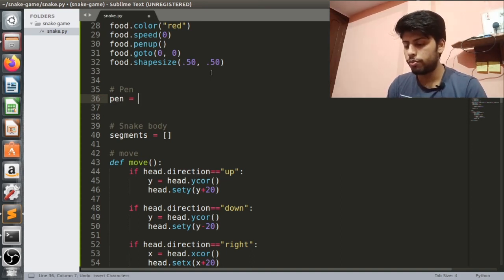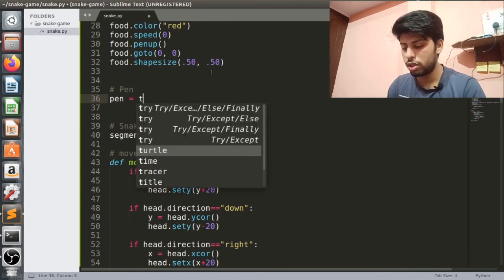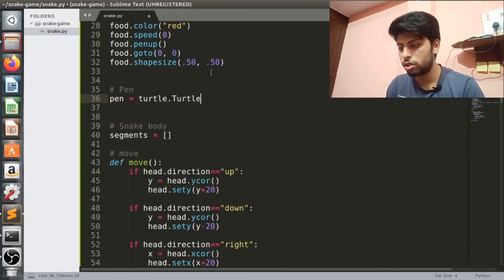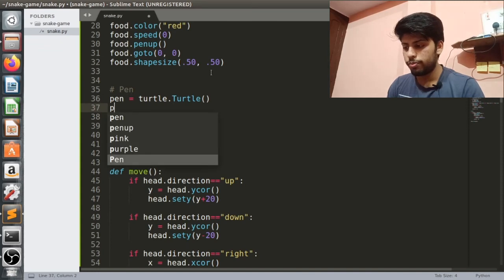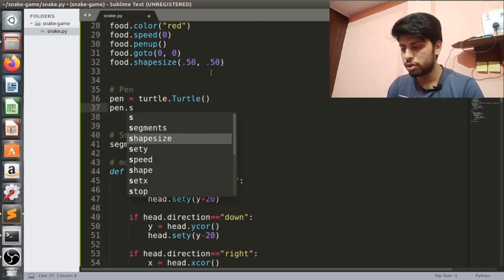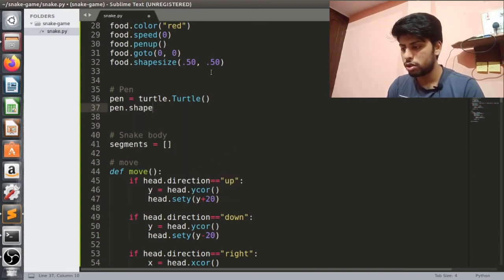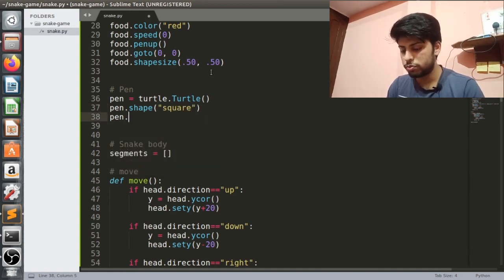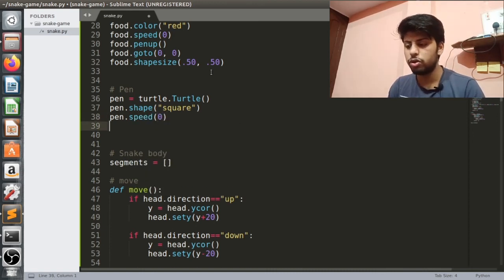I will write here pen is equal to turtle, and then pen dot shape to be square, and then pen dot speed to be 0, and then pen